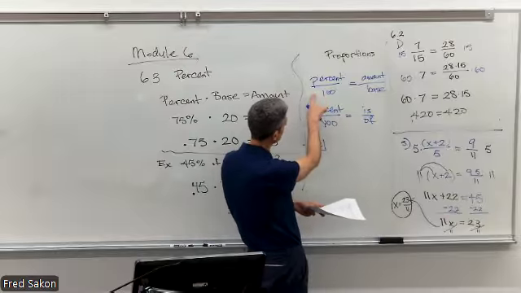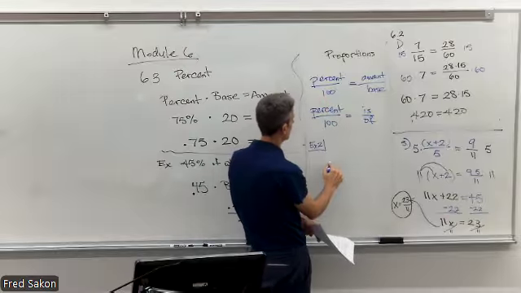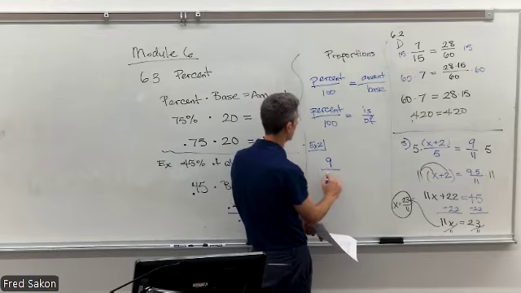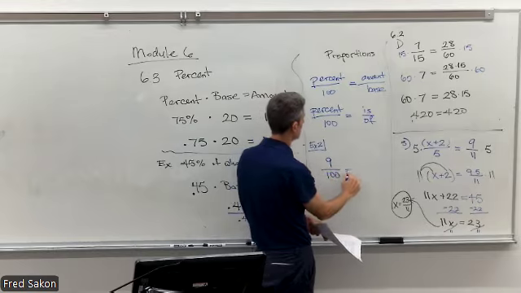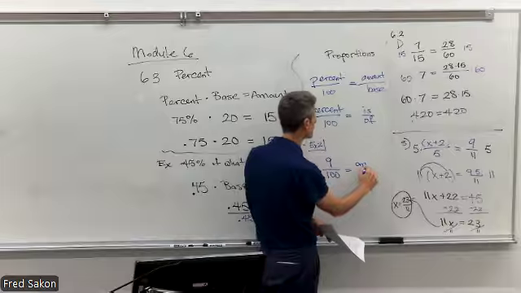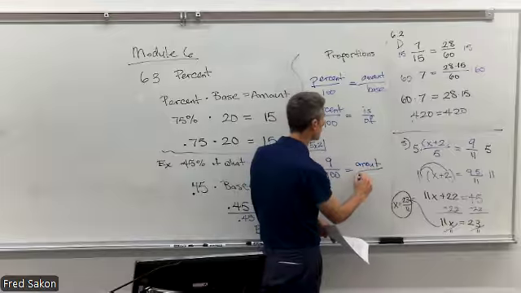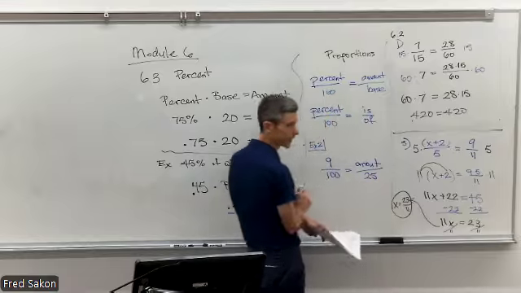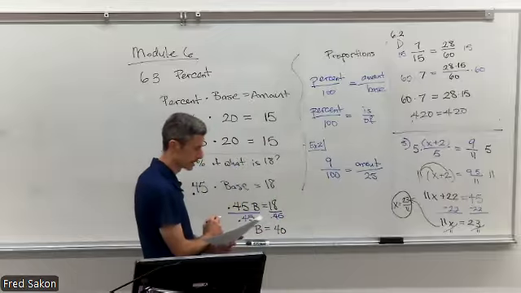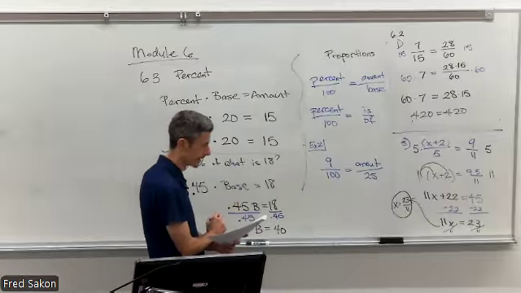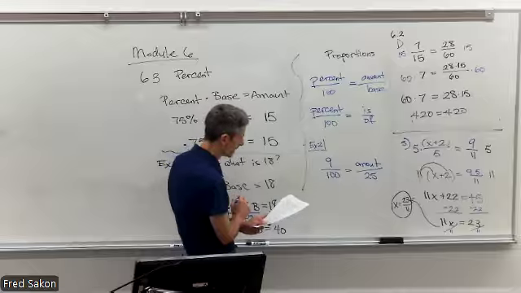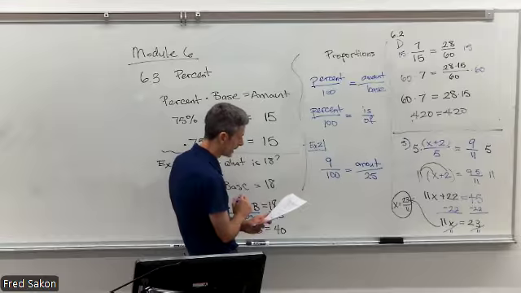So let's take that out and say, okay, 9% over 100 is what amount of 25 grams? If we set it up in that way, then we can figure out that